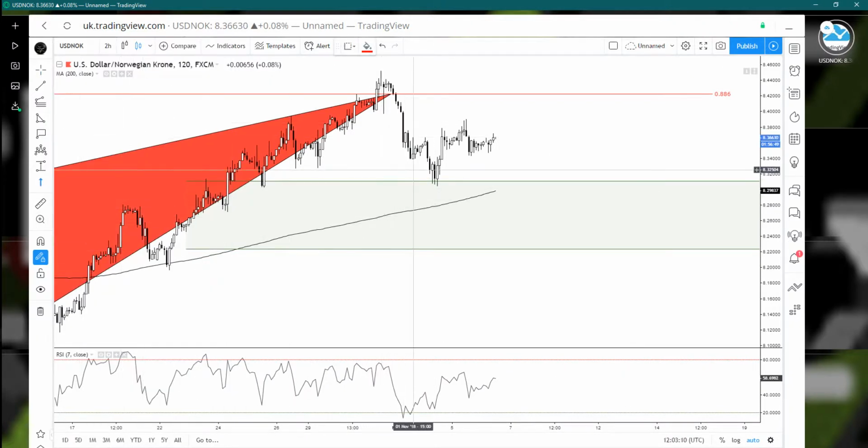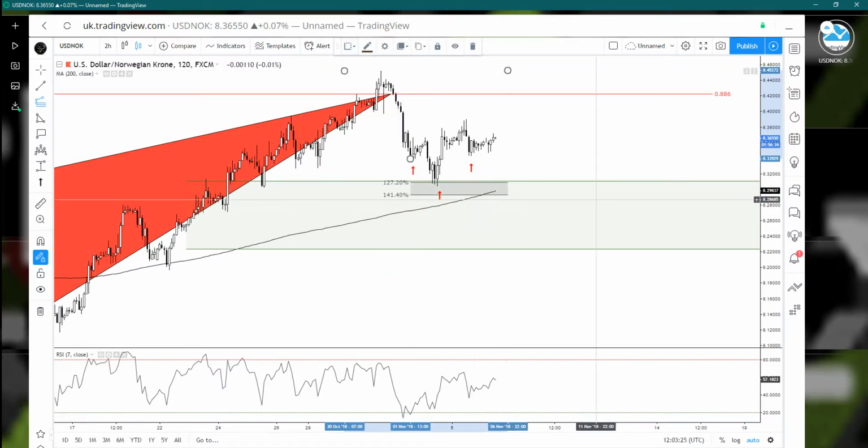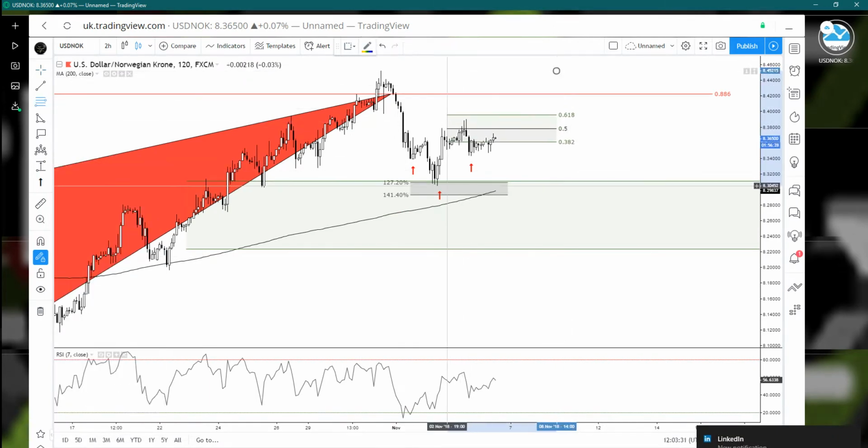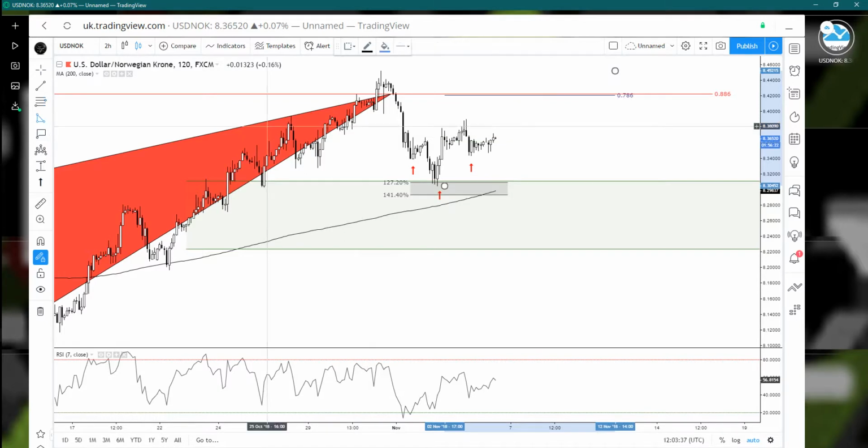Well, eventually I can see this as an inverted head and shoulders. Let me measure this swing here. I'm searching for the 127 extension. The market has filled the 127 extension, and based on the most recent price action and Fibonacci criteria, one eventual cipher pattern retesting the highs